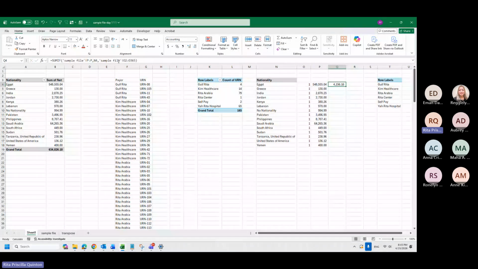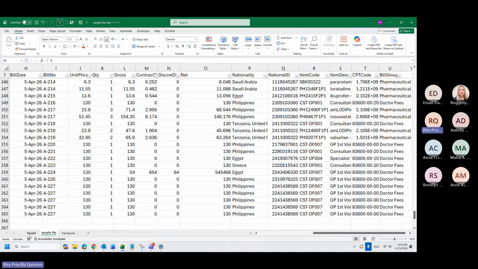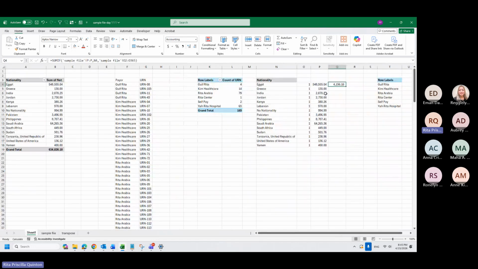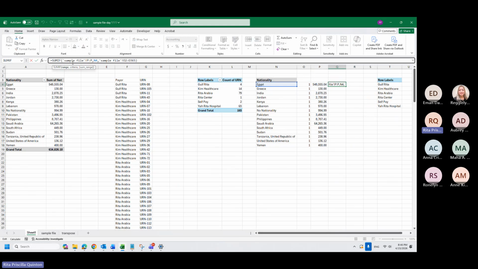When we added it, it was not matching, only giving me 4,000. I'm not exactly sure why, but when I investigated, I noticed that the range of my criteria is not matching my sum range, because this is only O2 to O365.